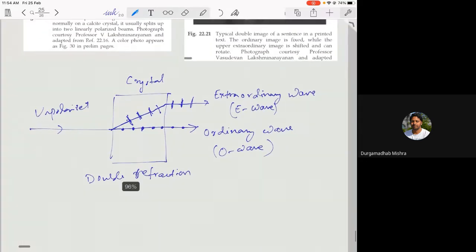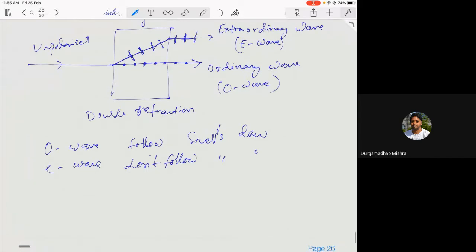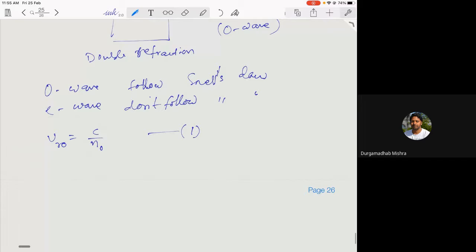Now there is this O wave and E wave, and they have certain characteristics. What are those? O waves will follow Snell's law, and E waves don't follow Snell's law. And what about the velocity? Is it the same or different? They are also different. The velocity of the ordinary wave is given by c by n0, where n0 is the refractive index for the ordinary wave. Now the corresponding velocity v_e is the velocity of the E wave,